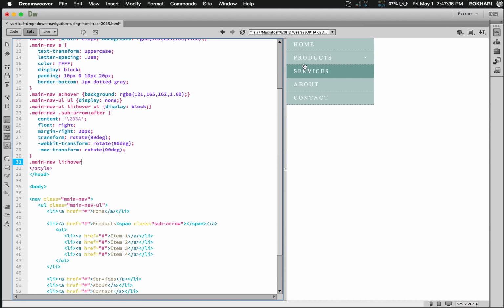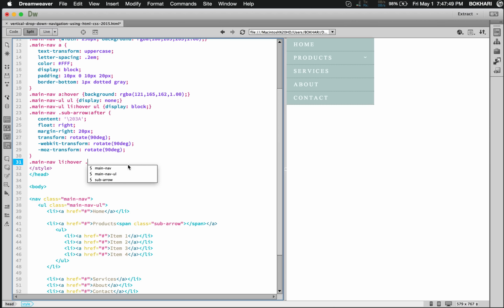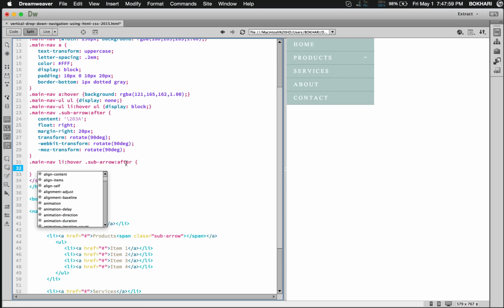When we hover over the li, we want the arrow to flip in the upwards direction. So main nav, li hover, then the sub arrow, then colon after, then curlies, and then content,